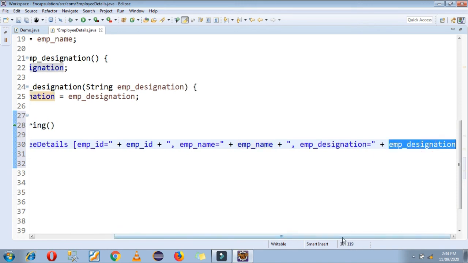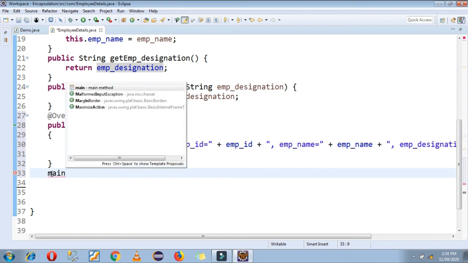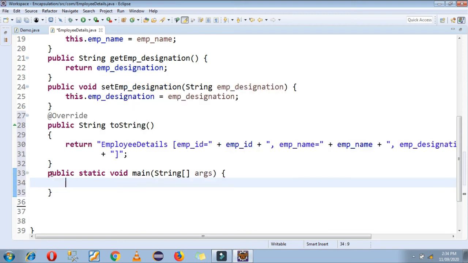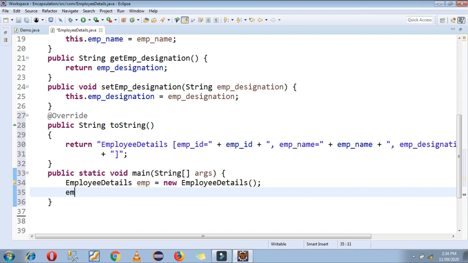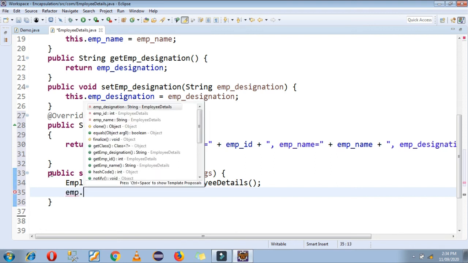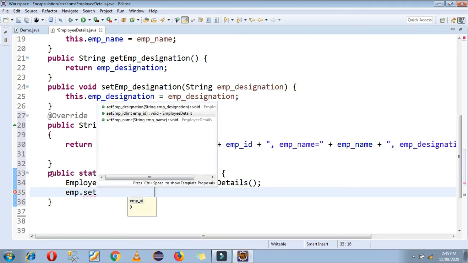Here you can see. Okay, now I am just creating my main function. In that I am creating an object of my class. And I am just setting some values like EMP ID. For setting the value you have to use setter functions.